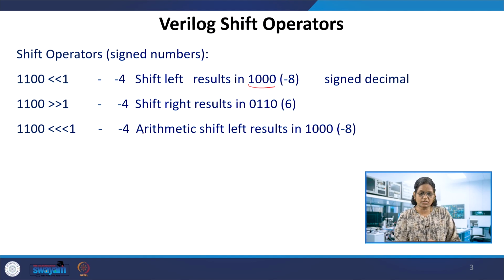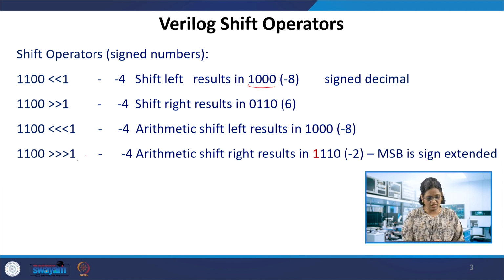When we have the arithmetic shift for the same number, if you just remove it, the left shift will be 1 0 0 0, which is going to be -8. So this and this don't make any difference in the case of signed numbers either. When we have a signed number arithmetic right shift, then we need to really see what this would result in. If you shift it, 1 1 0, these 3 bits would come. What would the last MSB be filled with? This will give you a sign extension in the case of the arithmetic right shift especially.